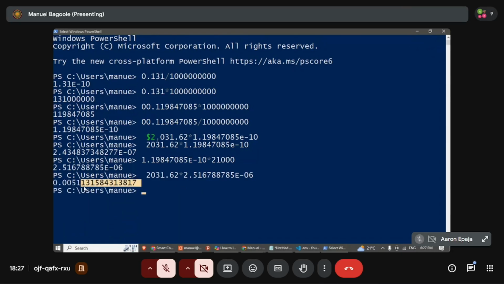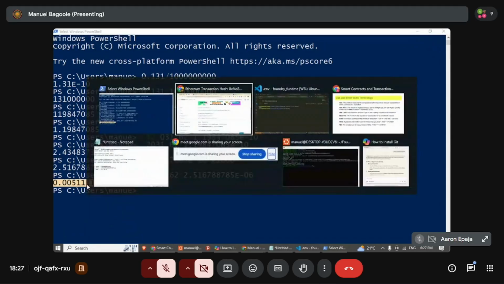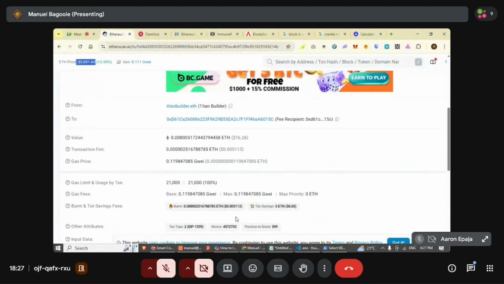And you can see this is actually the right value: 0.05, 11.1. That's what we actually have here. Okay, so now that makes sense. What gas price is and